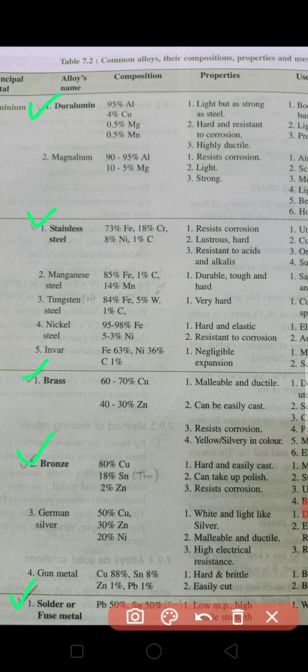So children, here we end this chapter, metallurgy, and after viewing this video, please come forward with your problems. Now children, after seeing the videos also, I think only one or two children are asking problems. Please go through these videos and come up with your problems if you have, and you have to do the question answers of the chapter in the note copy also.